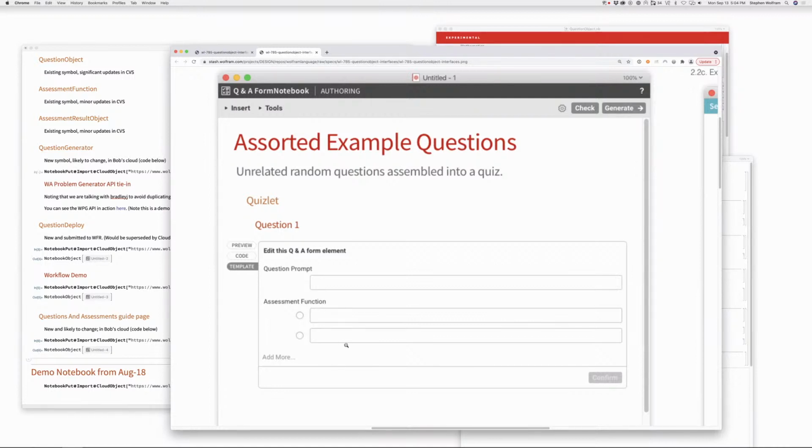Question from the live stream: how do you include multimedia content in your question prompt? You would have to do that in the code mode. The template mode is just for doing easy stuff, because input fields don't support you just putting... actually, maybe they do. They do. Yeah. Well, theoretically, there's no reason you can't. We don't want people to have to put string characters around strings, though. Yeah, no. Yeah, so in that case,